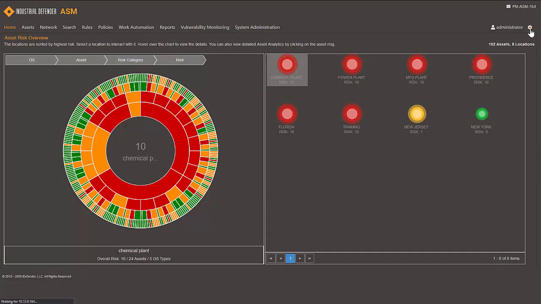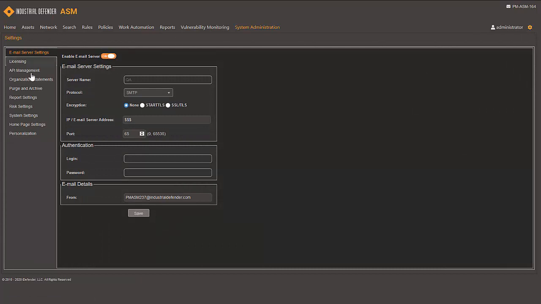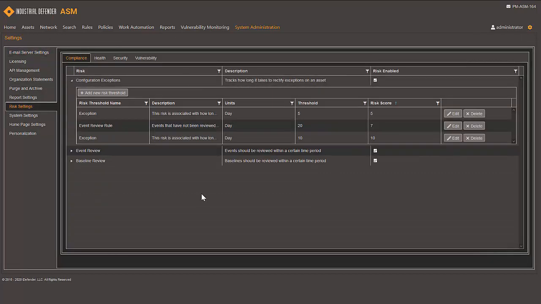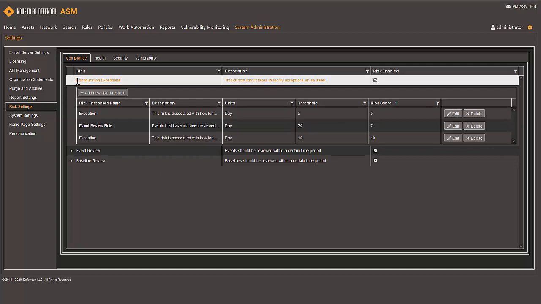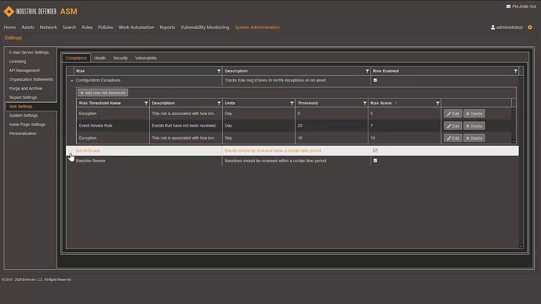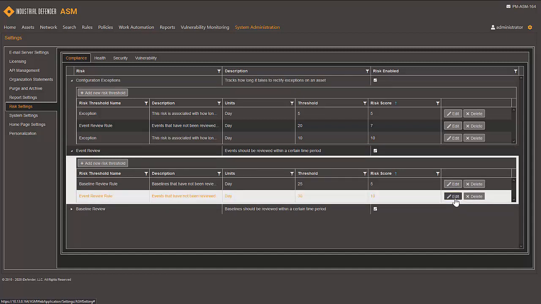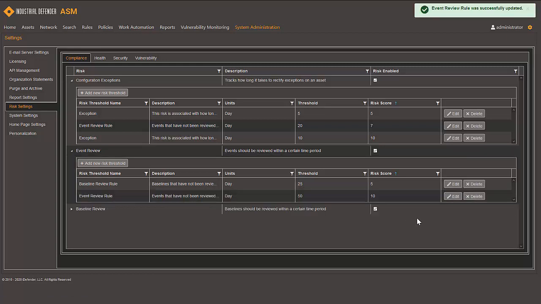Now, if we dig deeper, the big thing we were talking about is transparency and risk. Okay, so now I've drilled through to show you the scores and let you modify them. As an example here, we've got those configuration anomalies, event review scores. You have the ability to edit them. Let's say 50 unreviewed events makes more sense for your specific organization, or